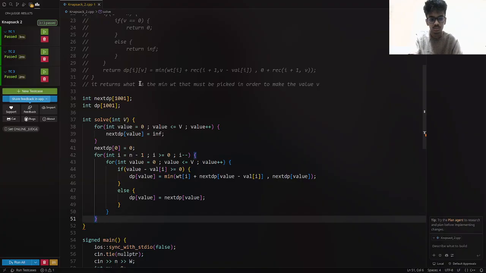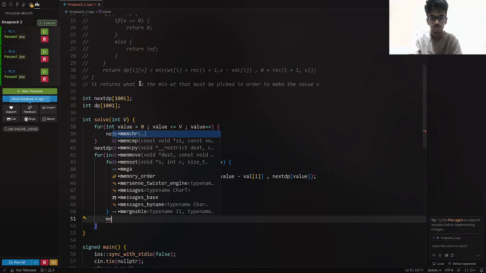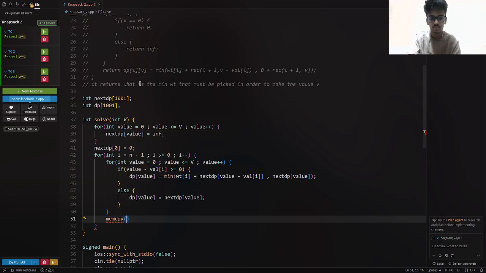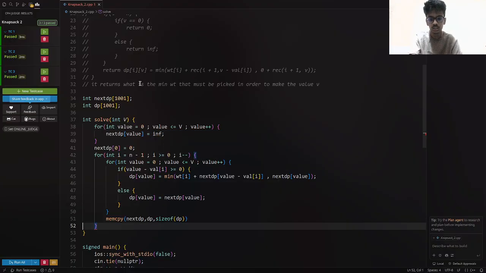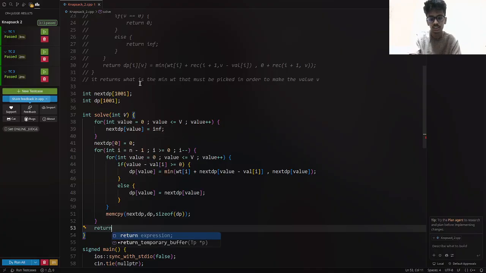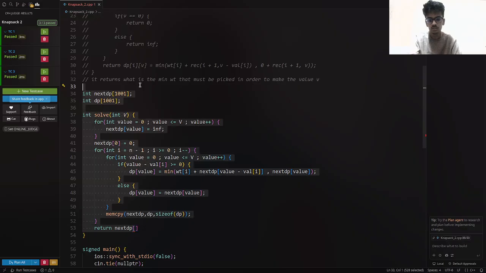And to copy, we have a function. After you compute this particular row, you can just do memcpy, and it will take from next DP to next DP. You need to copy the previous DP, so this would be the destination, DP would be the source, and how much should I copy? Size of DP. This is what you'll be copying. If you are using vectors, you can directly assign them to each other, or you can use move function. Both are fine. And next DP of this particular value would be the answer,